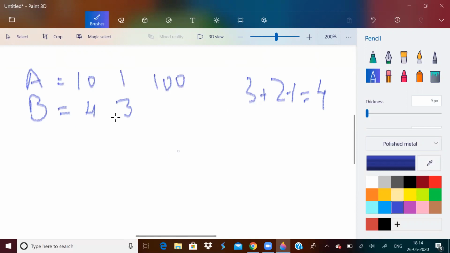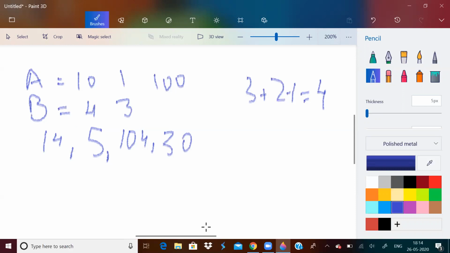Here N and M are the sizes of A and B. So how can I make 4 pairs such that the sums of elements in the pairs are all distinct? I can make it like this: 10 plus 4, 14; 1 plus 4, 5; 100 plus 4, 104; 3 plus 10, 13. So I can get 4 pairs.